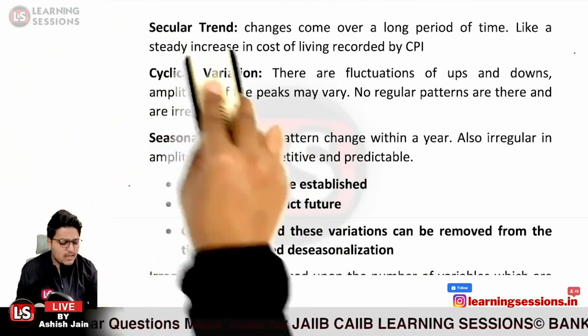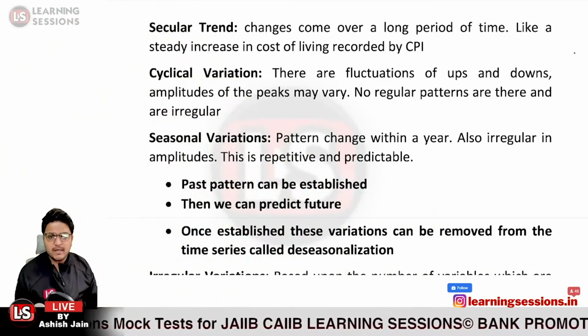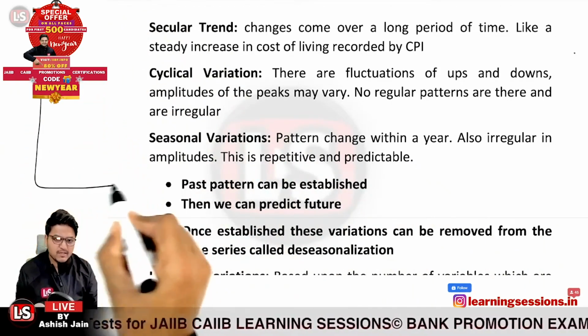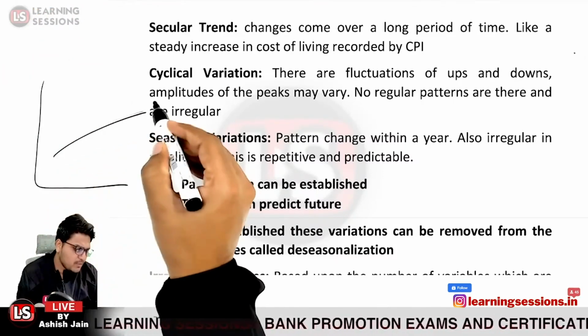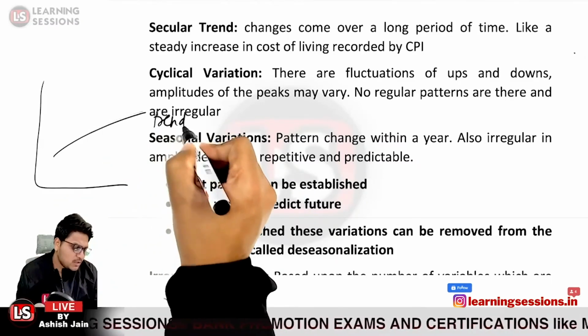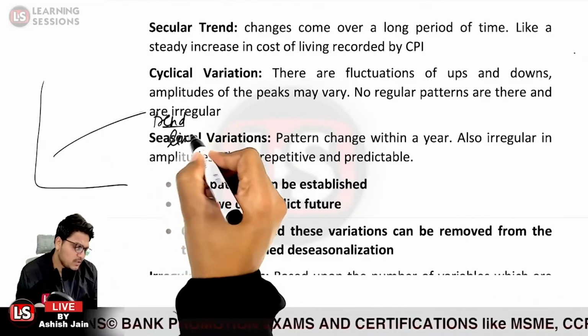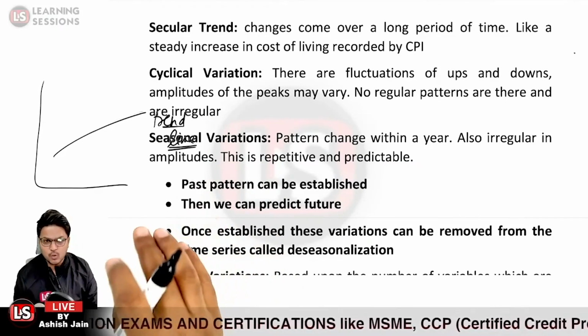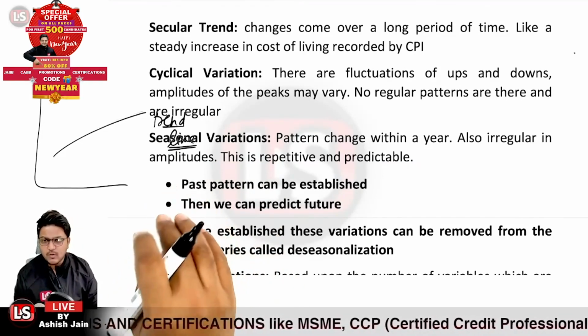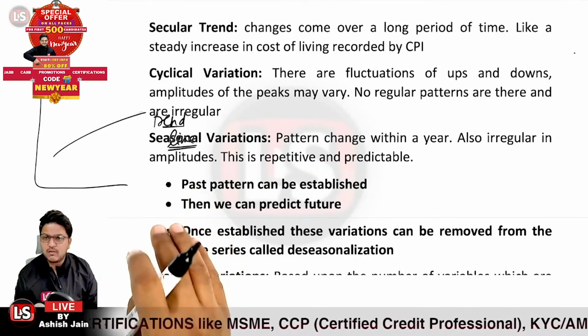So let me draw a graph for you from where you can understand it better. So let me give an example. Let us take the case that this is a trend line. What do you mean by trend line? This is related to the growth we want. I'm just considering it related to growth over here. So this is a growth we want. This is a production that we want to produce in our factory itself.